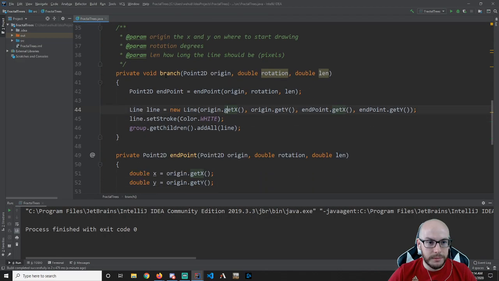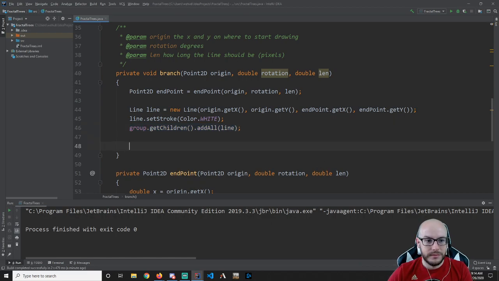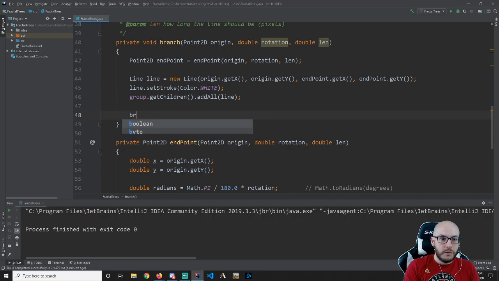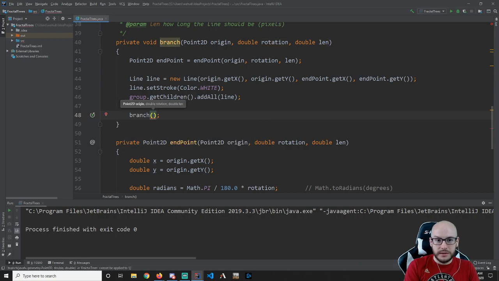So I'm down in branch. We haven't completely defined what a branch is. We're just drawing one line and adding it to our scene here. I need to then do this effectively again. We're going to have a recursive call to branch. And I ask you,